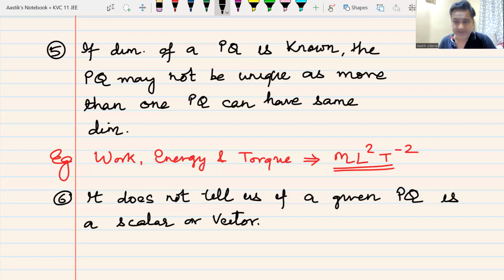I'll give you 2 minutes here. I hope you have written the notes of this entire chapter. So I'll give you 2 minutes. Go through the entire chapter right from the first class where we discuss what are physical quantities, to what are dimensions, to what is dimension analysis, so what is the use of dimension analysis, use number 1, 2, 3, 4, 5. Go through the examples in 2 minutes, 3 minutes, and then if you have any doubts, please ask your